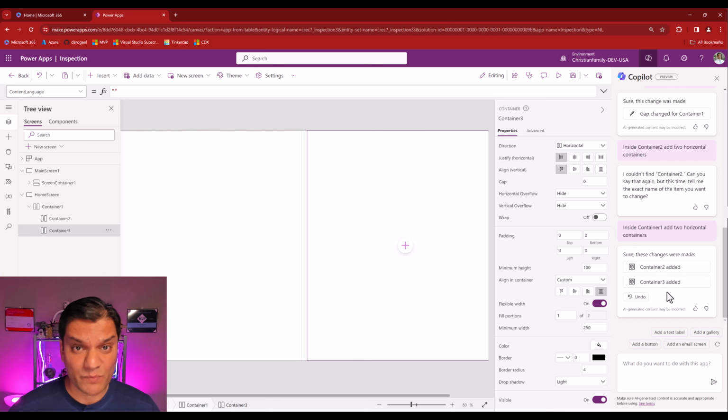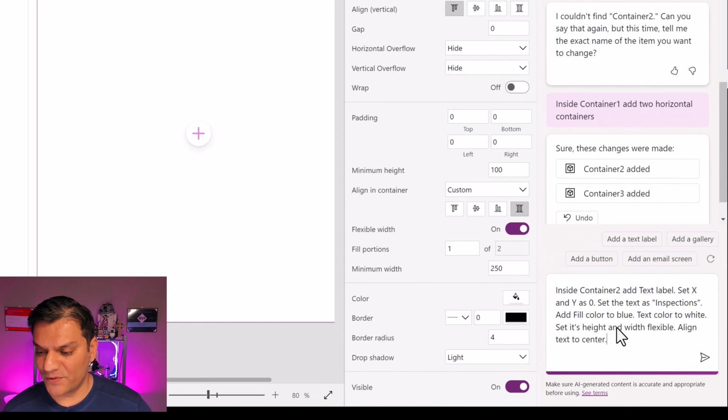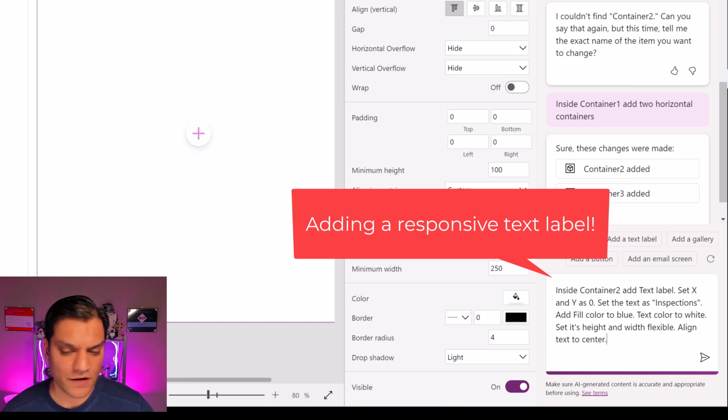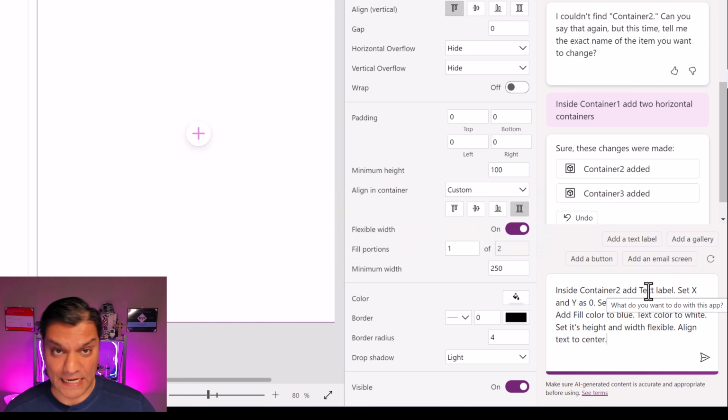Because now we are really pushing it and it's working. So let's take it up another notch, all right? I'm going to try this one over here. Watch this, all right? So I'm going to say inside container 2, that's the one over here on the left, container 2, add text label,